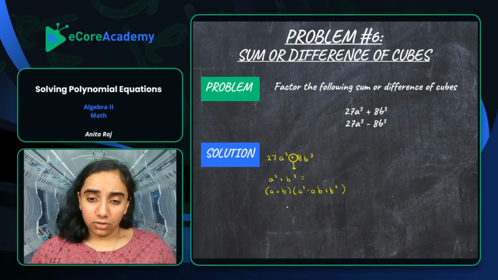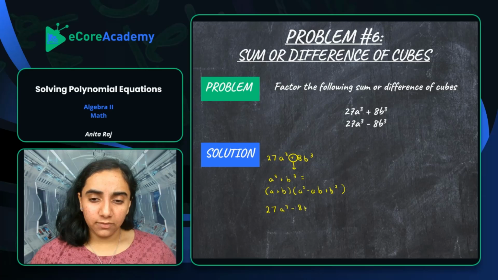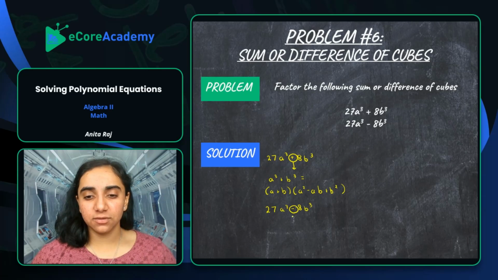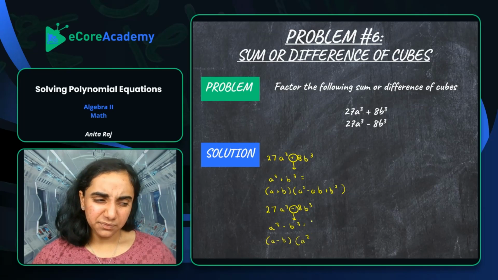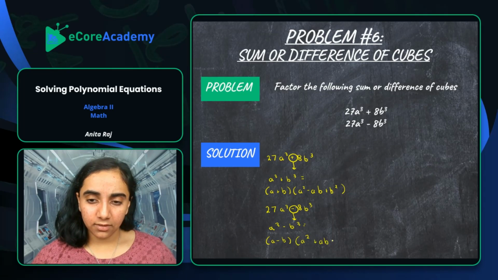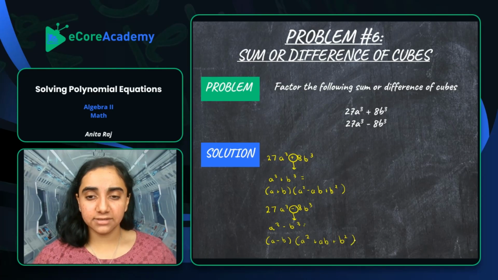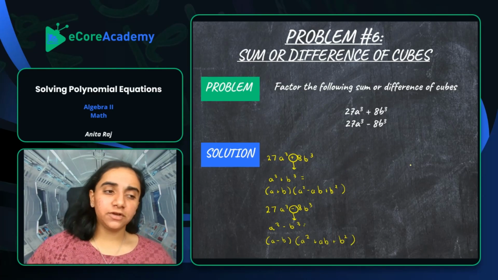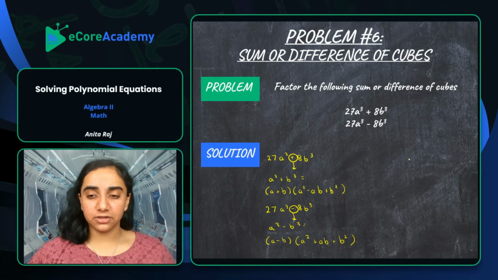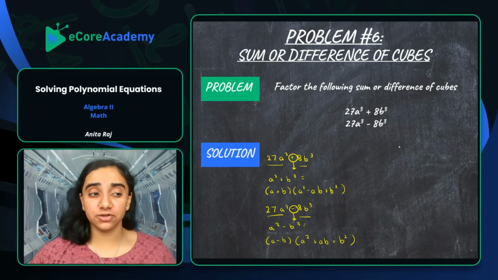On the flip side, with the second equation, it's 27a cubed minus 8b cubed. So this is a difference of cubes because of the minus sign. So we end up getting a cubed minus b cubed is equal to a minus b times a squared plus ab plus b squared. Again, something you're just going to have to memorize. So let's figure out what our a and b terms are so we can factor this. Because in this situation, the 27a cubed is common and the 8b cubed is common. All we're going to be changing is the signs. The a and b values are the same for both of these